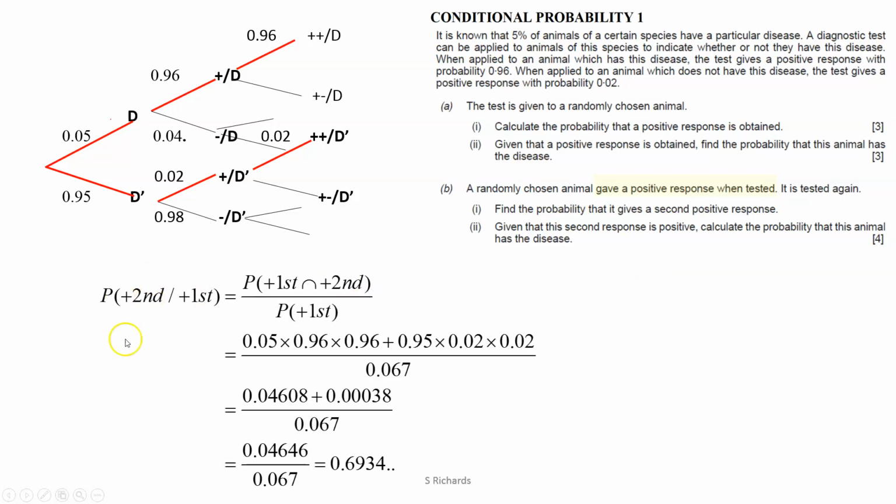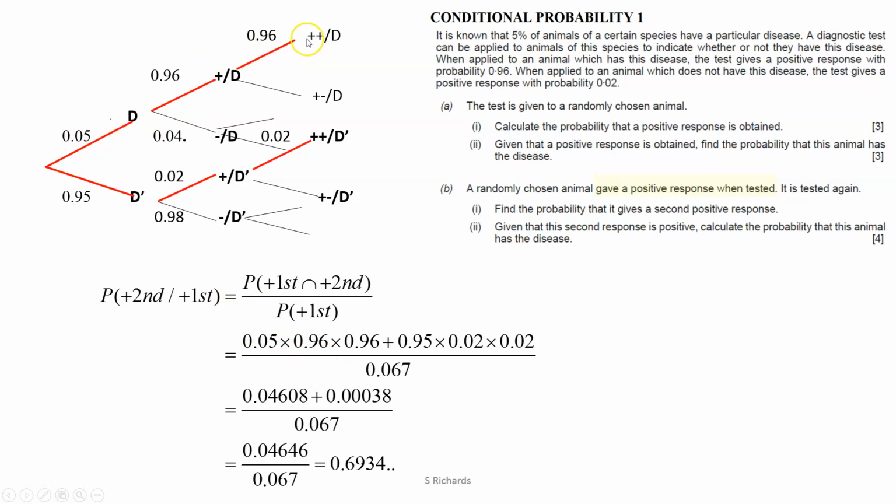So we apply our formula for conditional probability again. Given that the first is positive, we will divide by the probability that the first is positive. That's important, very easily missed in this sort of question. On the numerator, we want the second and the first to be a positive result, and this is obtained by